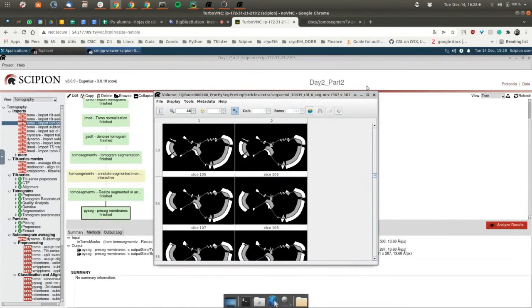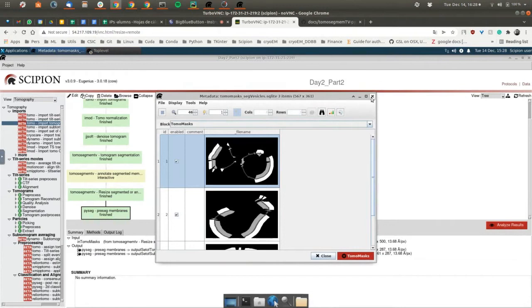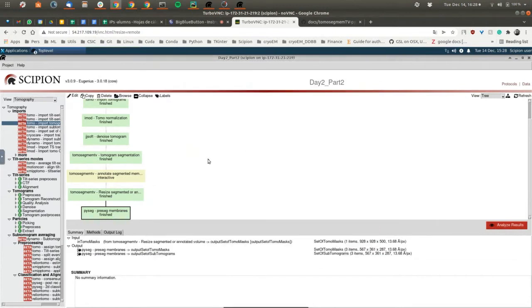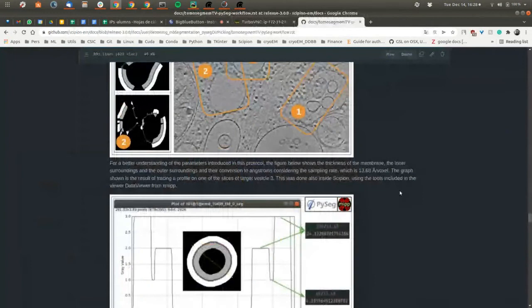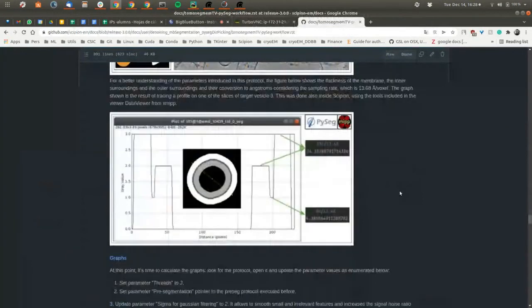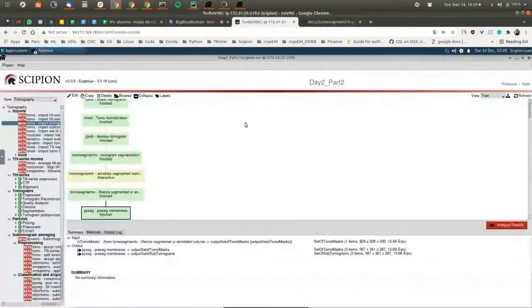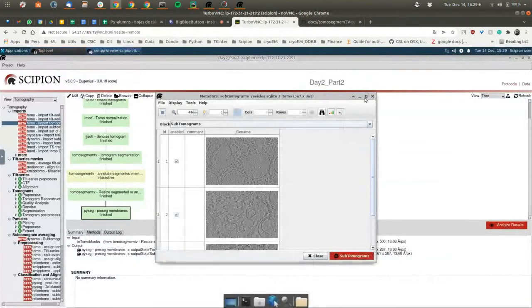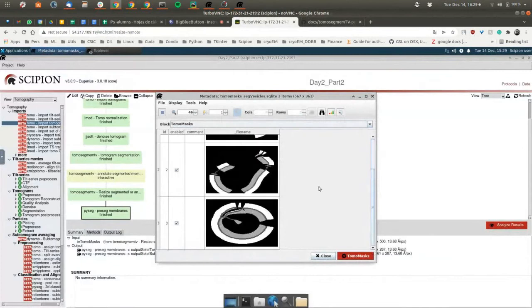So at this moment, we are going to make a small remarkable point, which is this one. How to do this profile is very easy, and it's out of this scope, but I can show you very quickly because we are a little bit late, and I don't want to have you here more than necessary. For example, if you double click on one of the results, for example, this one seems